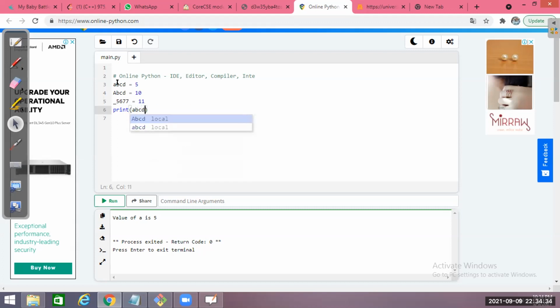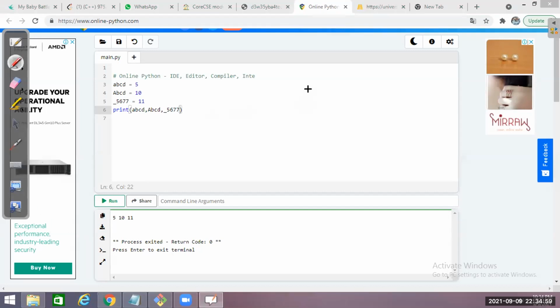Now let's try printing them one by one. Firstly, let's print the lowercase abcd. Then we will print the uppercase ABCD. Now we will print underscore 5677. Let's see whether something gets printed or not. All of them are getting printed: 5, 10, and 11. Everything gets printed, right? That means I can have a variable